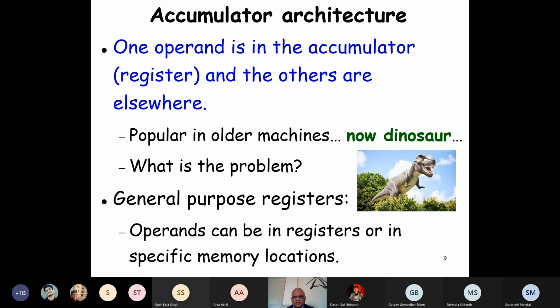Some memory wastage. Sorry, please tell your name. Gaurang, right? Yes, sir. Gaurang, what's your answer? Some memory wastage. How can you explain how memory is wasted? So because you have to store the operand also. Anyway, you have to store the operand before you can operate. It has to be there somewhere, right? So I don't think that's the right answer.